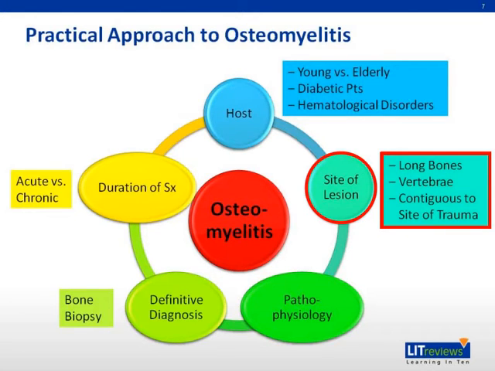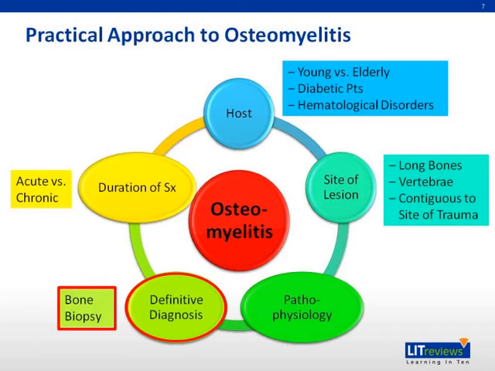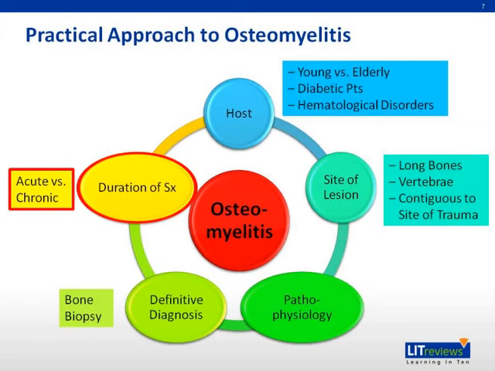And to remind ourselves again, osteomyelitis could be caused by hematogenous process or contiguous spread. And to get a definitive microbiological diagnosis, please obtain bone biopsy for cultures before antibiotics are started. And remember to review the duration of symptoms. Did it start acutely or chronically? When we talk about chronic osteomyelitis, frequently symptoms may have been present for more than 6 weeks. The duration of symptoms may influence choice of management, which we'll talk about in a short while.